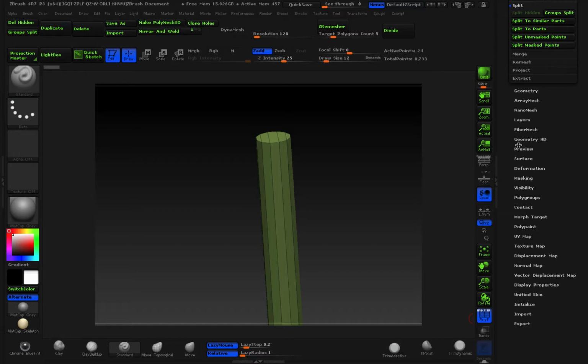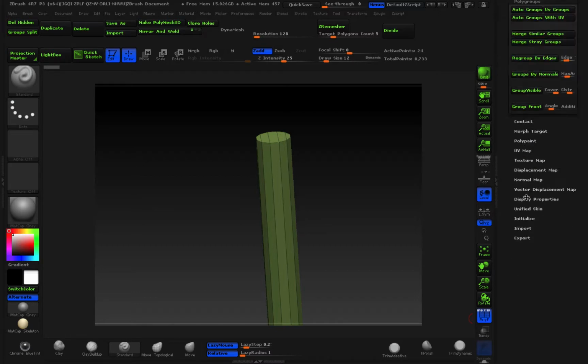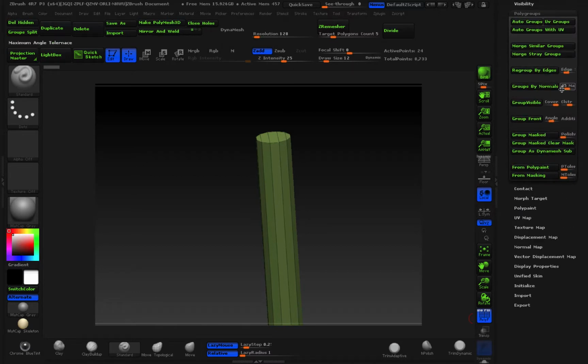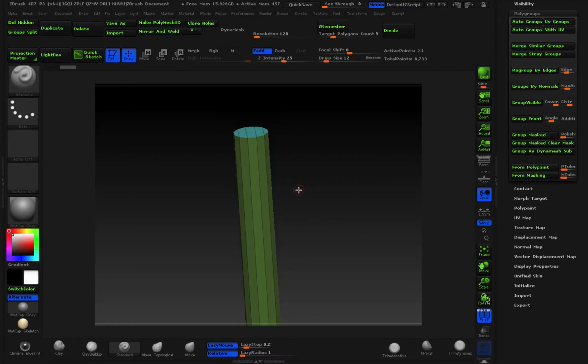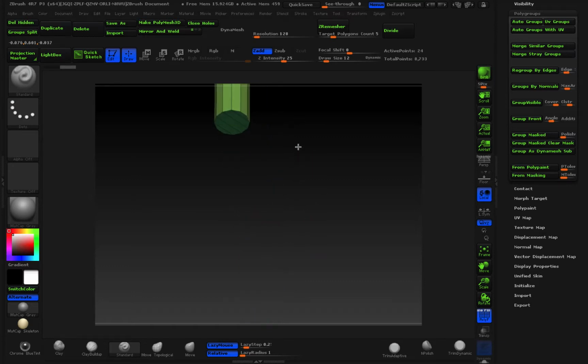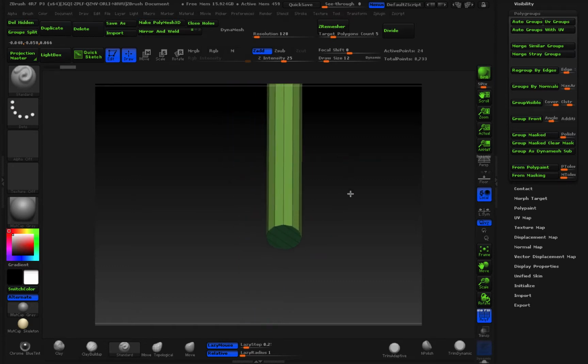When I go back to polygroups, you'll see that everything has gone back to the defaults. Even though I changed the numbers for the hammerhead, everything changes. Every time you switch a subtool, most of your tools will go back to their default settings. So when I click group by normals, this one will work because we don't have a lot of edges on this one. We have right here just this and then this. The reason I close the caps is because of this. If I isolate